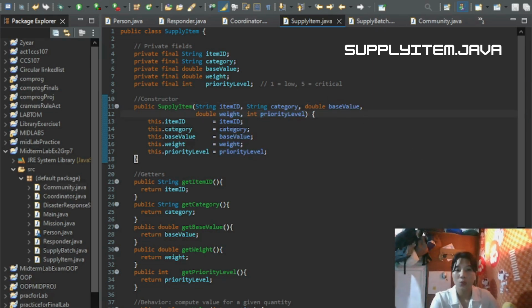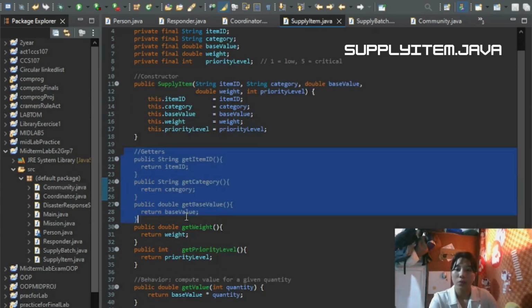These are passed when creating a new object. So this.itemID and all of these assign the parameter value to the object's field, differentiating it from the parameter. All of these five fields are initialized here, ensuring that every SupplyItem object has complete and immutable data.